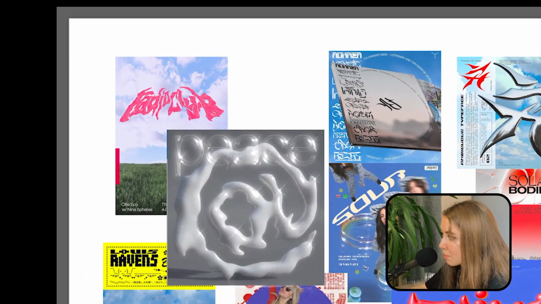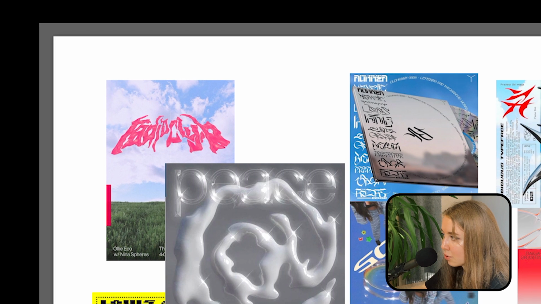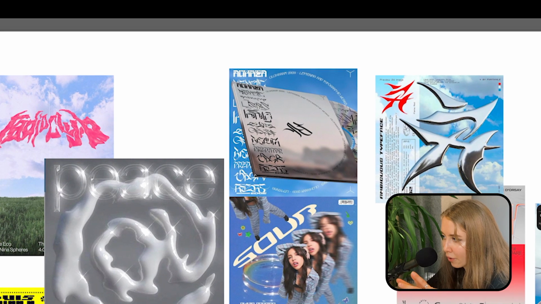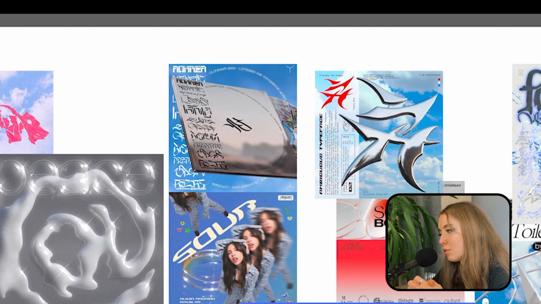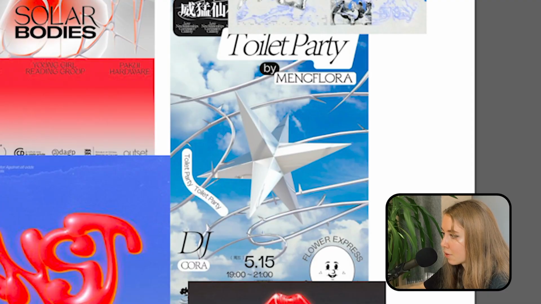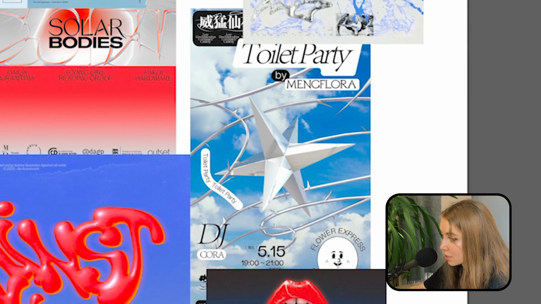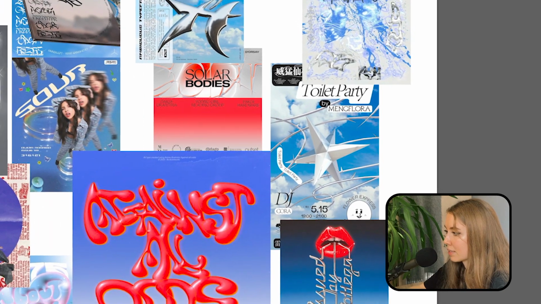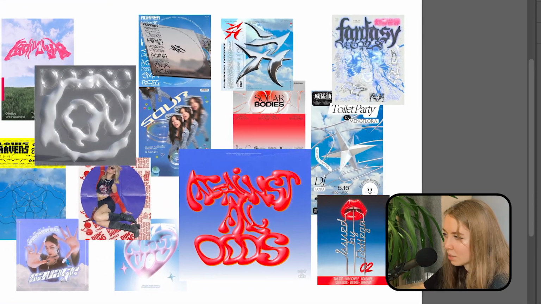Maybe it would be some spiky shapes like these ones. Also, some of these images used the materials of silver, of chrome, metal. I think that also looks quite modern, maybe even trendy. I like serif fonts. I'm not sure if they would go well with this type of thing, but I will try, we'll see. And that's the main thing, probably. I'm not sure if I'm gonna make it full maximalist style. Maybe it's gonna be something in between. The task is to experiment and to try something I don't normally try, so we'll see where it goes. So let's get started.